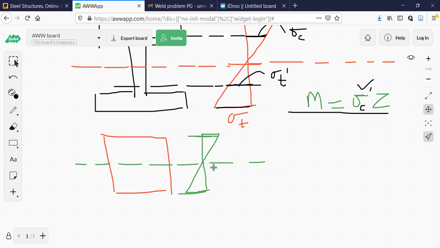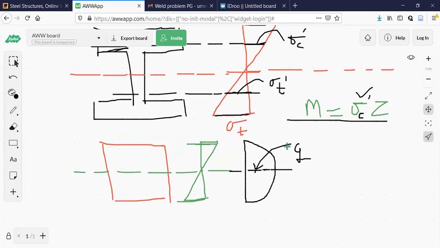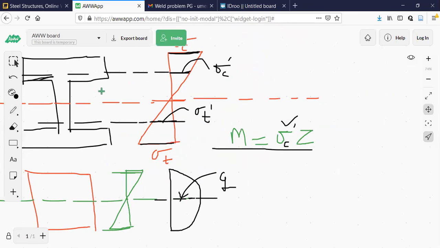Now I want you to draw one figure like this. I'll show you, if you have forgotten it. If you know it, tell me, I'll allow you to screen share and you can draw the diagram. It is something like this. Shear stress distribution: wherever the bending stress is 0, this is the maximum possible value of shear stress. This is the diagram. You refer to the textbook and show me how this diagram is drawn.